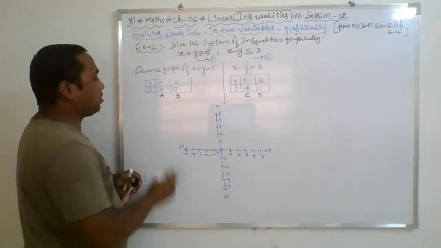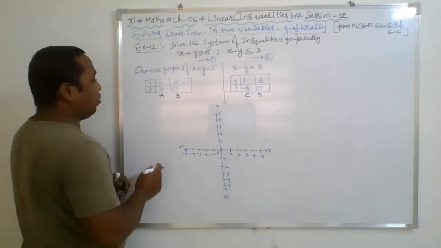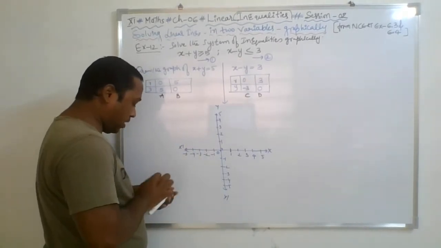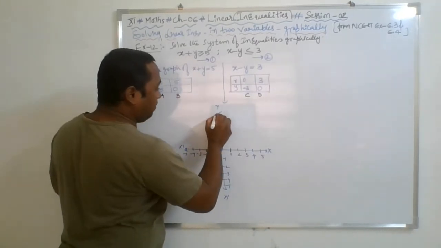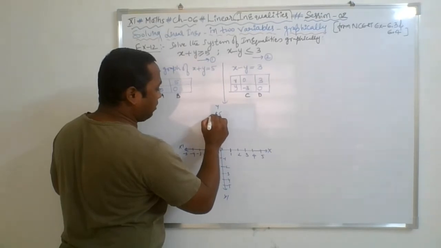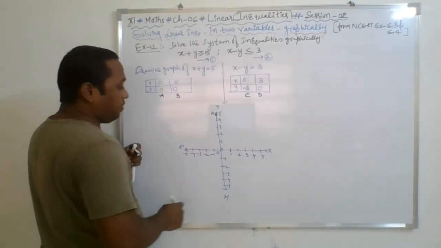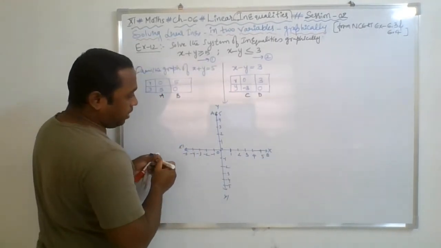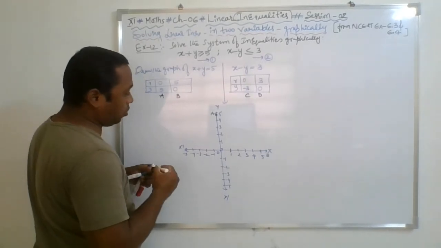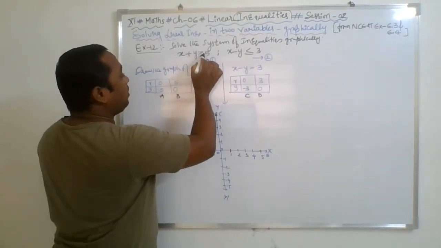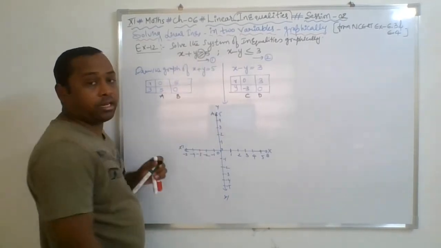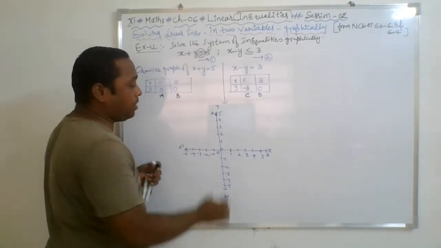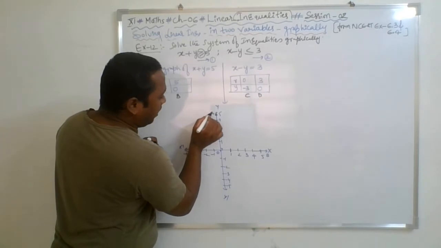Now start plotting the first point. 0, 5. It means it's on the y-axis. I'm just plotting the points with different colors so that you can easily identify. The first point A over here, 5, 0, point B over here. So now, by joining them, you will be able to draw the graph of the first. And the first graph is involving greater than or equal to, so the graph of this line will be a straight, darkened line.